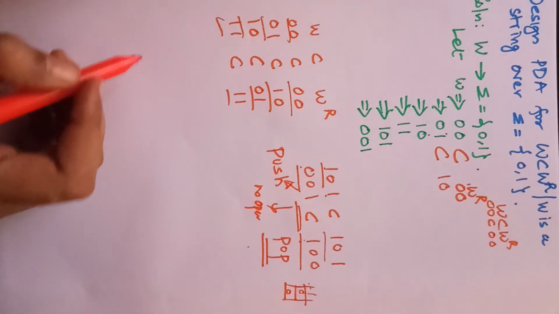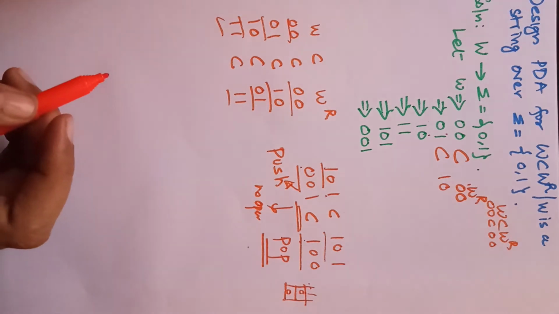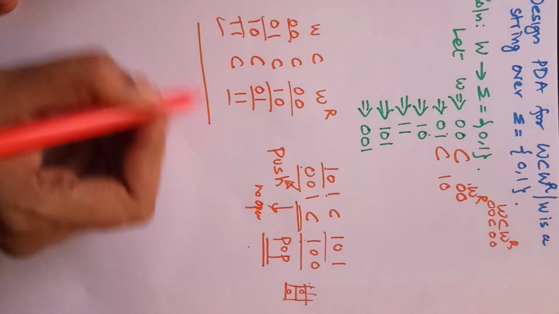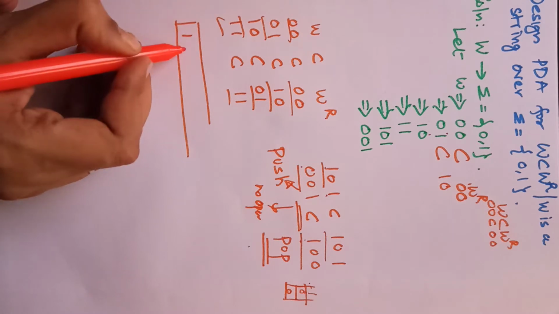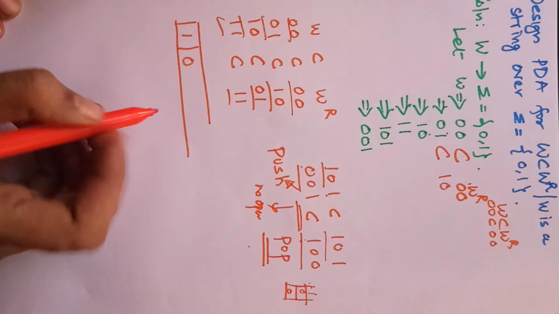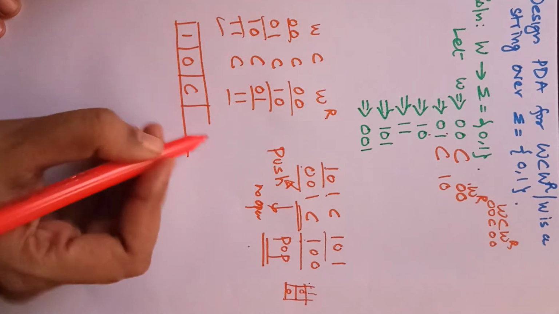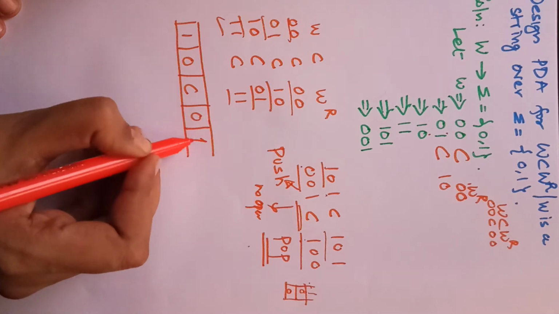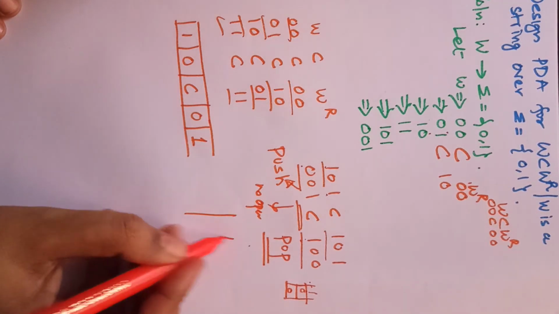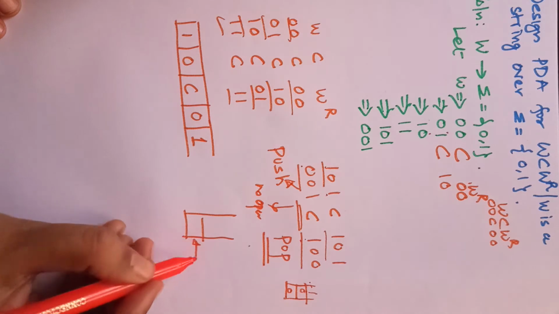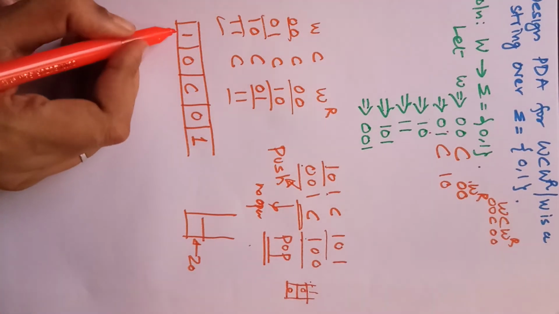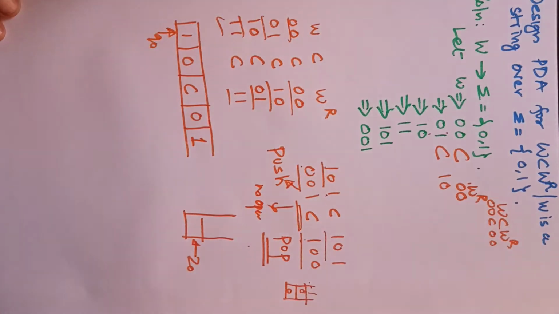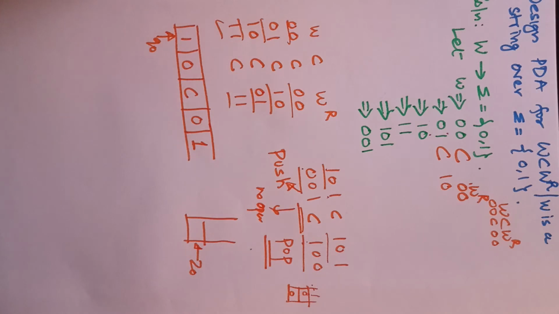So we'll start with the execution. First of all we can take any string, for example string 10. If we take 10, then we have to write C, and then we have to write the reverse of the string. Now the top of the stack is empty, Z0. The initial position, for example, is pointed to by Q0. So this is your starting position.